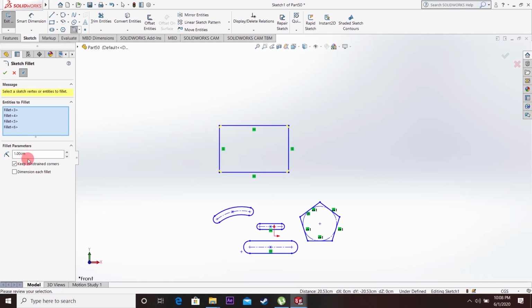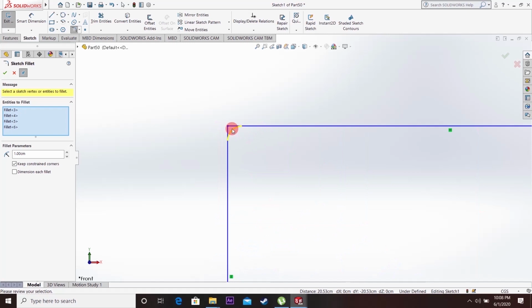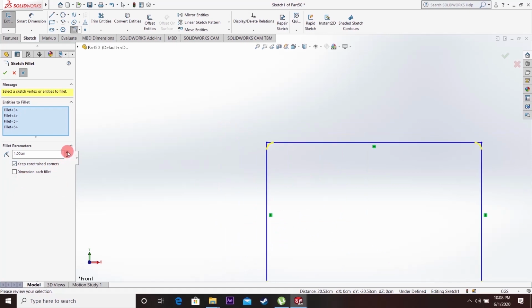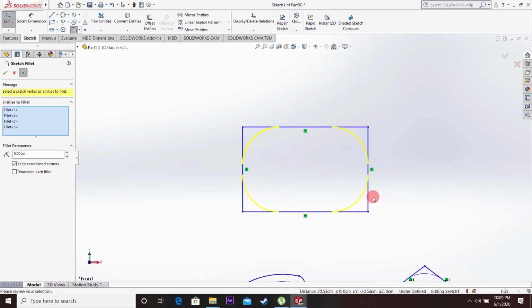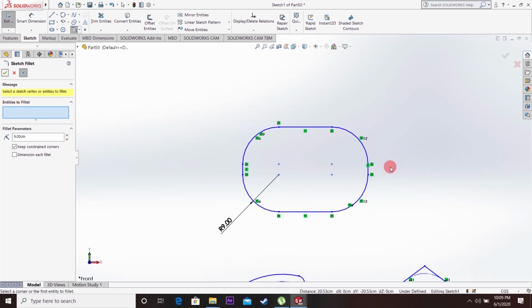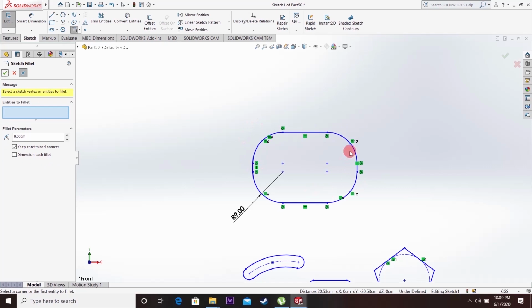Okay, and you can increase the radius of this arc by just clicking over the upper arrow like this. So 9 centimeters is okay, and then just click OK.